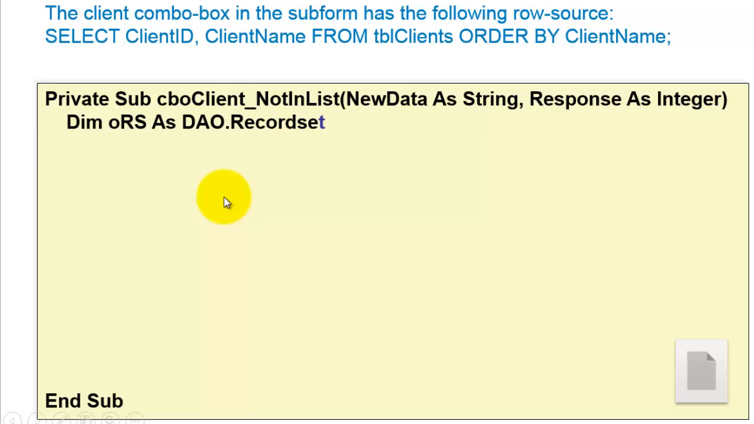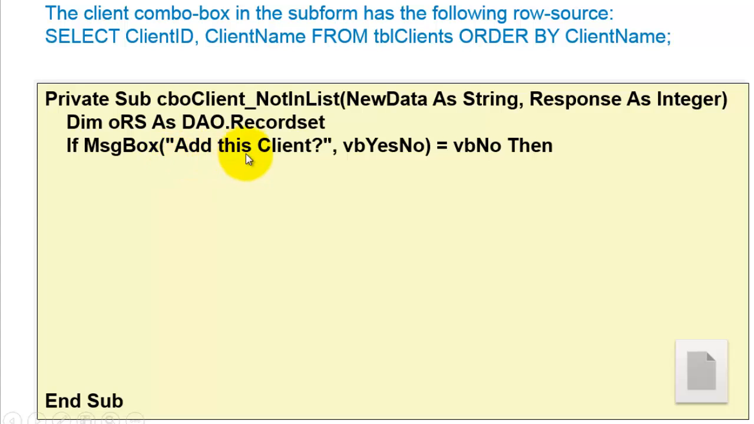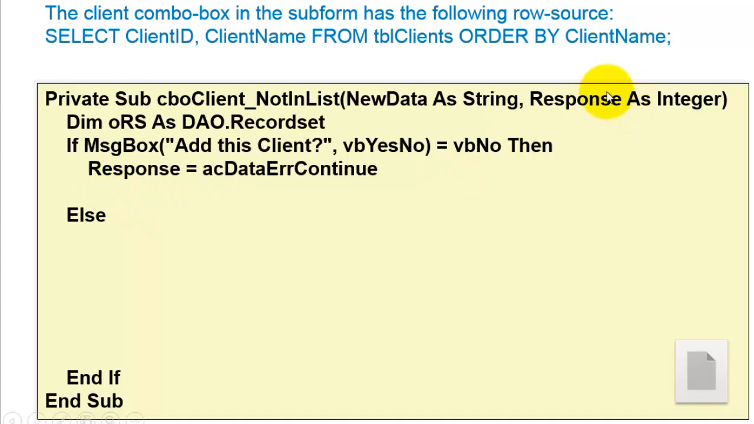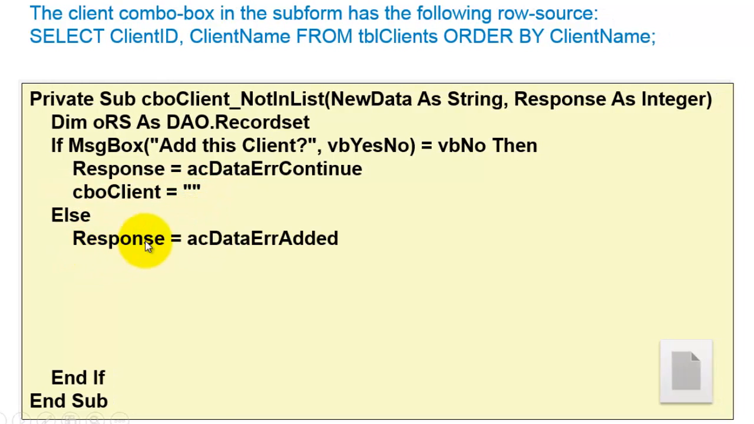Close your sub. We declare a variable of the record set type again. With a message box, we ask the user, do you want to add this client? We give them a yes, no option. If they say no, then we do this step. Otherwise, we do the other step. We add them. If they say no, then we use that response argument here. We set that to error continue, and we empty that combo entry. Otherwise, we set the error has been handled,